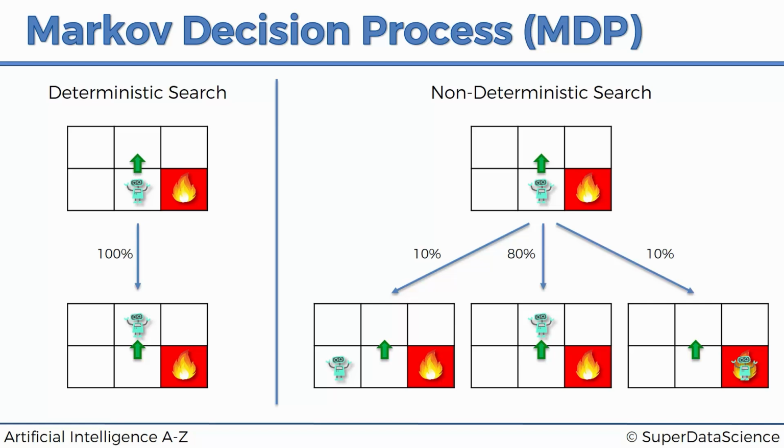The point of this is to make a more realistic model of what could actually happen in a real world type of problem. Because very rarely do you get situations where you do something and it happens exactly that way. Even if you think about it in terms of games, let's say you've got an agent playing Pac-Man. Not always is it the case that if he's standing in this square and goes up, he will get the same exact result every time. He will indeed go up, but maybe in one case he won't get eaten by a ghost,